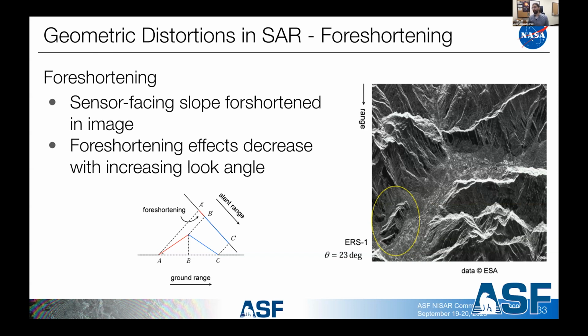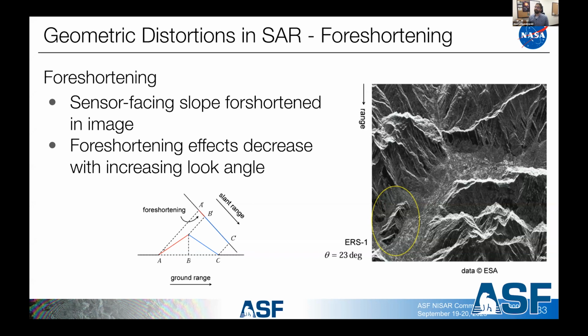So you'll notice that while our mountain looks pretty symmetrical and the length of the red sensor-facing slope is pretty equal in length to the blue slope facing away from the sensor, when these are projected into our image plane, because of this side-looking view, all of the returns from the sensor-facing slope are crammed into a much smaller area here. So the points between A and B end up between A prime and B prime here in the image plane,